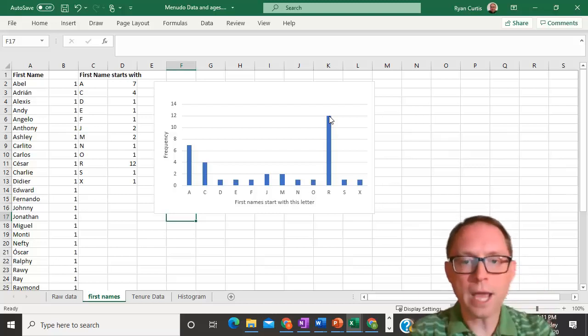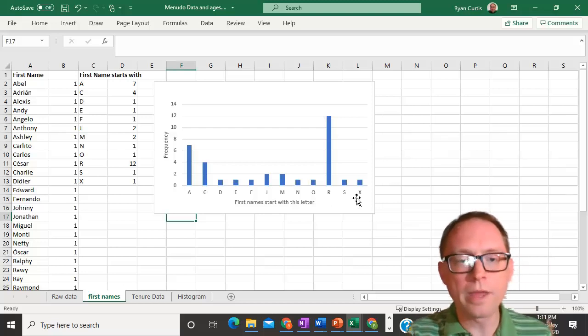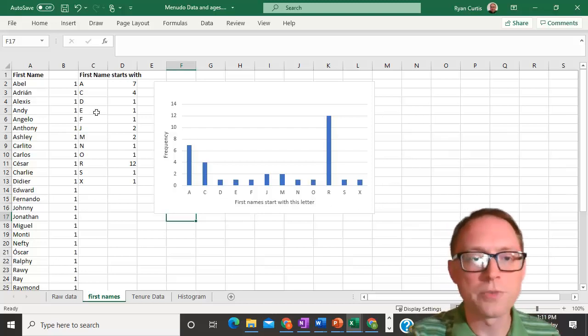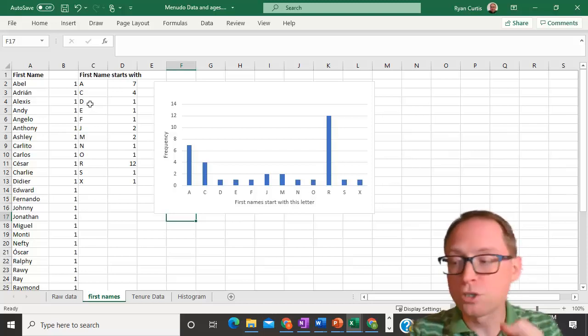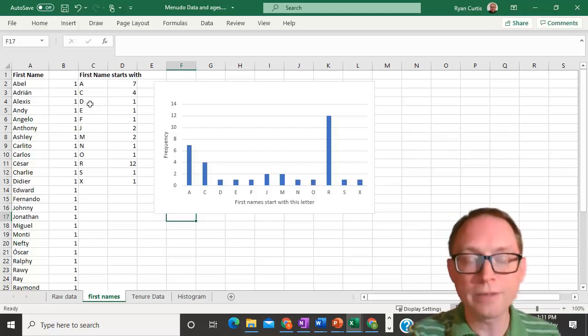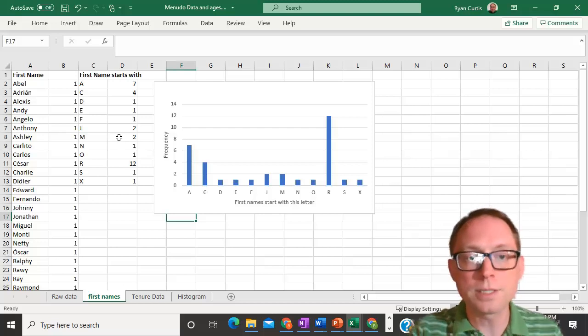They're categorical data. If I wanted to move around the O or the R or the X, the only reason these are in any order at all is because of alphabetical order, but these are just categories. This is a bar chart. This is not even a histogram because these data are categorical. You can't run a mean on these because it doesn't make sense to run a mean on these.